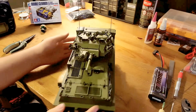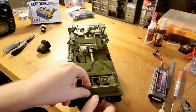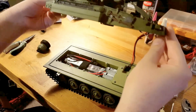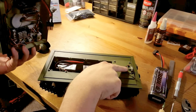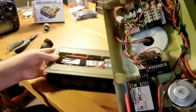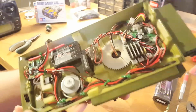And then the lower hull to get at, the same exact clip mechanism is used here. You lift it up and pull it forward. You can see there's the little nub that it gets clipped on from here. And then on the inside of the whole hull, here's where you have your